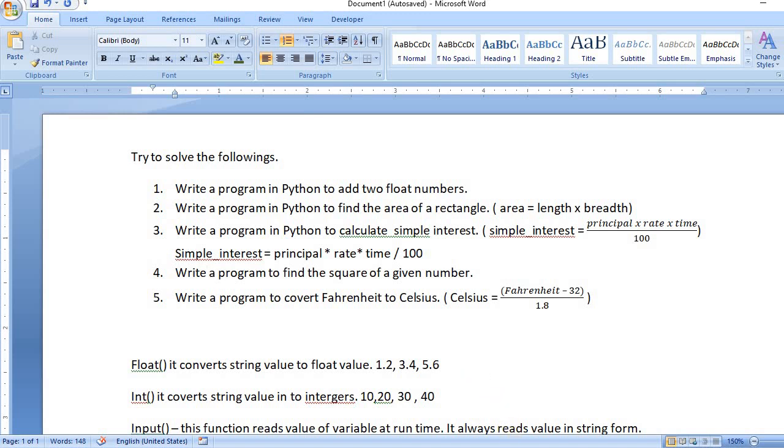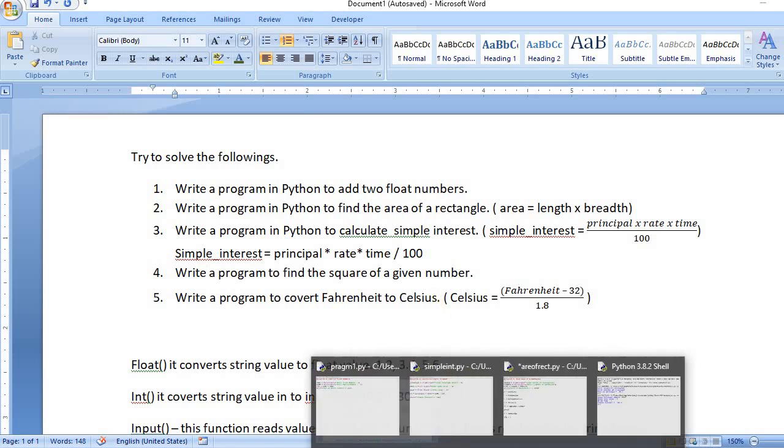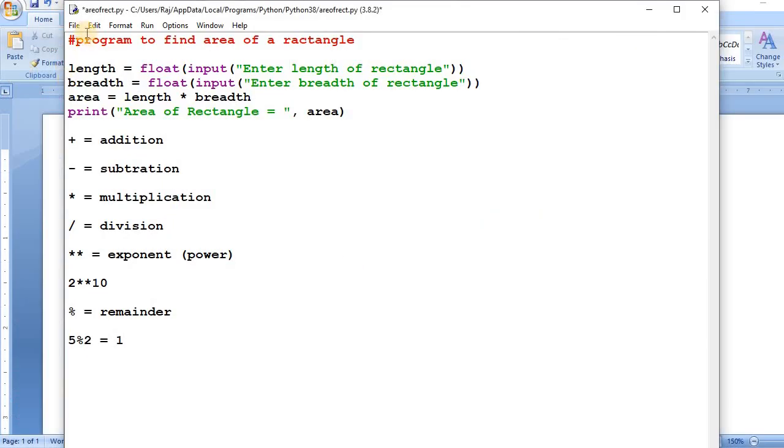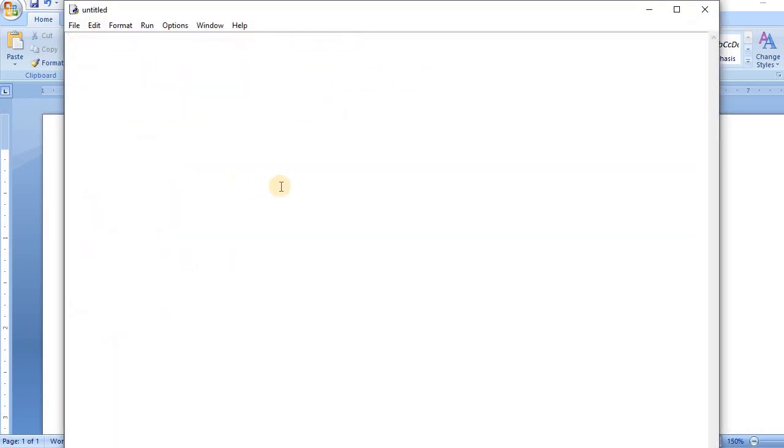So to write this program, file, new, and program to find the square of a given number.